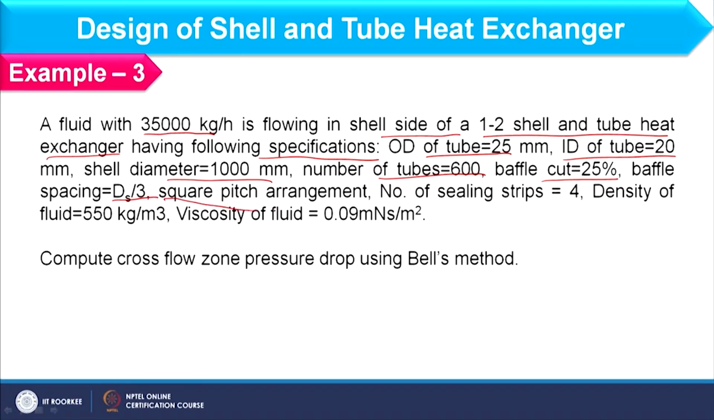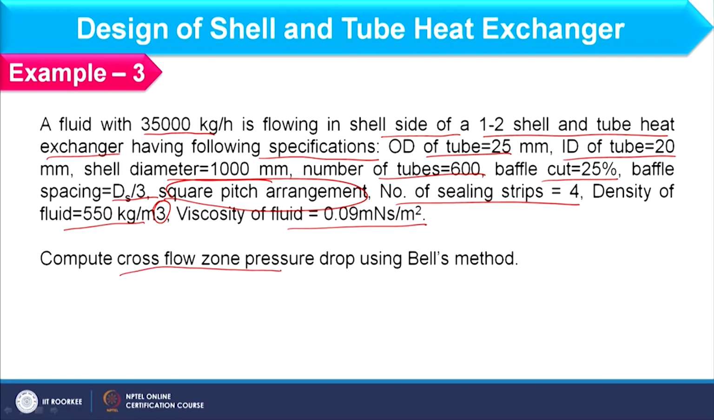Right. A square pitch arrangement is given, and the number of sealing strips is 4. So, here we have already fixed the number of sealing strips. The density of the fluid is 550 kg per meter cube, and the viscosity of the fluid is 0.09 millinewton second per meter square, and what we have to compute is